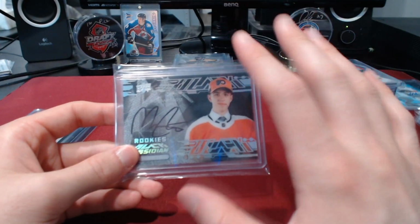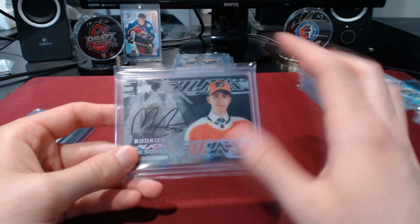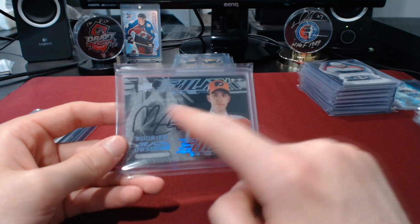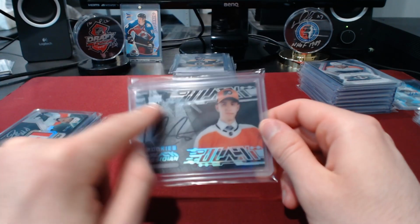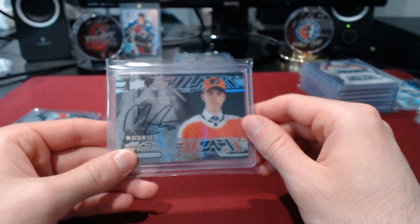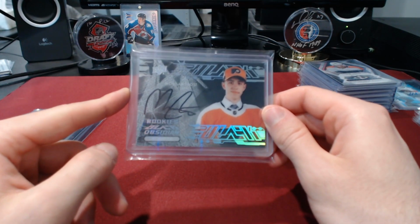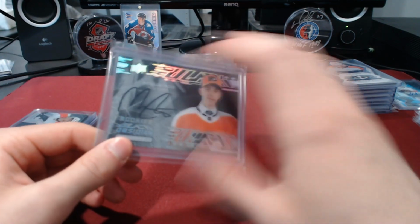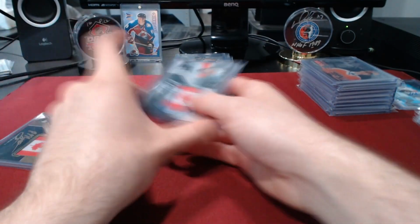SPX is weird because the black cards in SPX have an acetate finish over the top of them, so they can get the foiling and whatnot. The autographs that players have done that are in silver ink and some in gold ink actually bubble and bleed a lot. So the black ink Obsidian scripts cards are really, really nice. They're really clean. They look really good. You don't have to worry about bubbling. And speaking of bubbling,